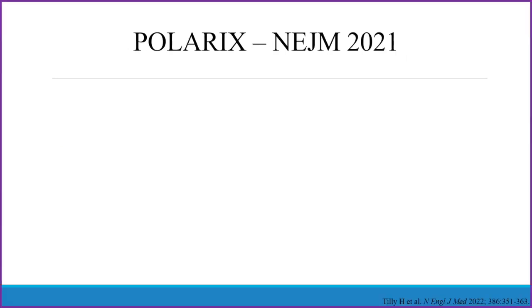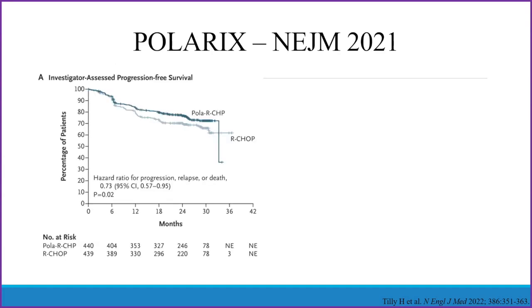And how do these patients do? So there was a recent trial out of the New England Journal. This was looking at another type of monoclonal antibody combined with CHOP. It's called polatuzumab. And the idea here is not to really highlight the difference between the two regimens, but really to draw your attention to the patients who received R-CHOP, so the control arm group.